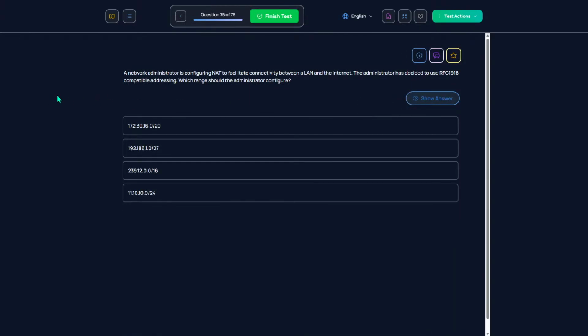A network admin is configuring NAT to facilitate connectivity between a LAN and the internet. The admin has decided to use RFC 1918 compatible addressing. Which range should the administrator configure?